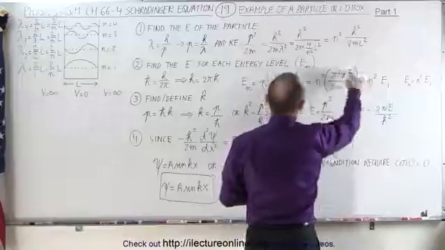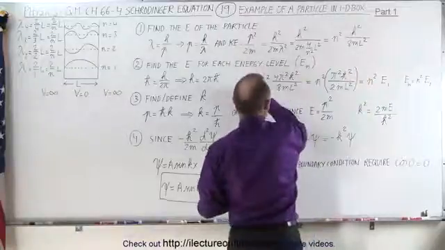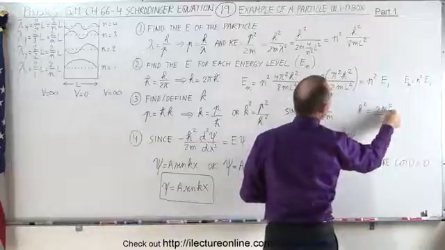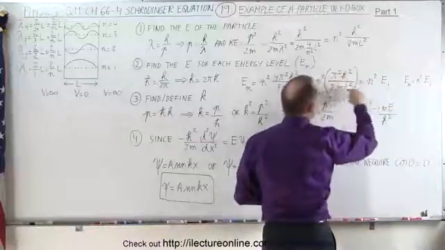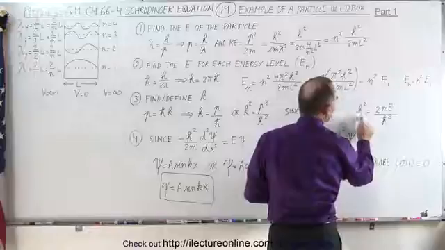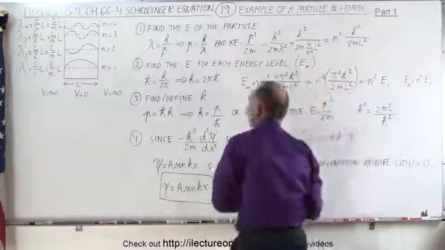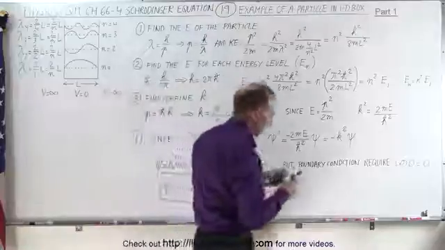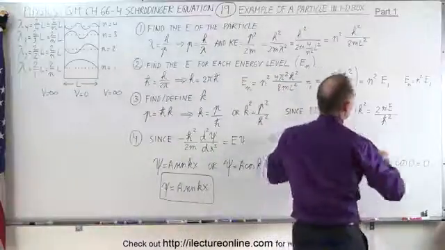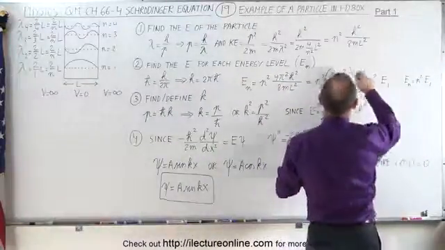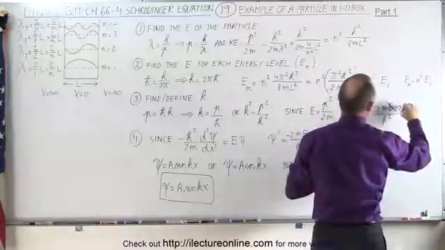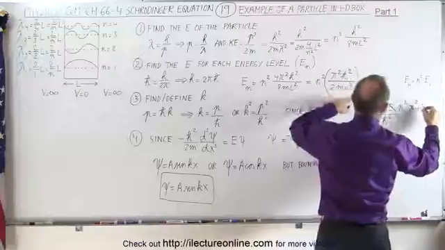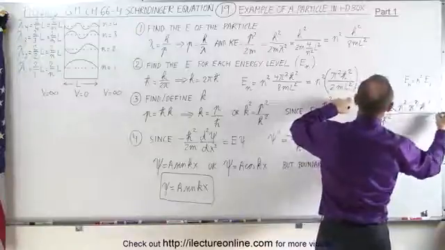This here is represented by the energy at any particular energy level. So if we substitute this E here by this quantity here, we should be able to come up with the wave number k that represents our physical situation here, the one-dimensional box. So let's try to do that. We're going to substitute for E what E is equal to, which is n squared times pi squared h bar squared divided by